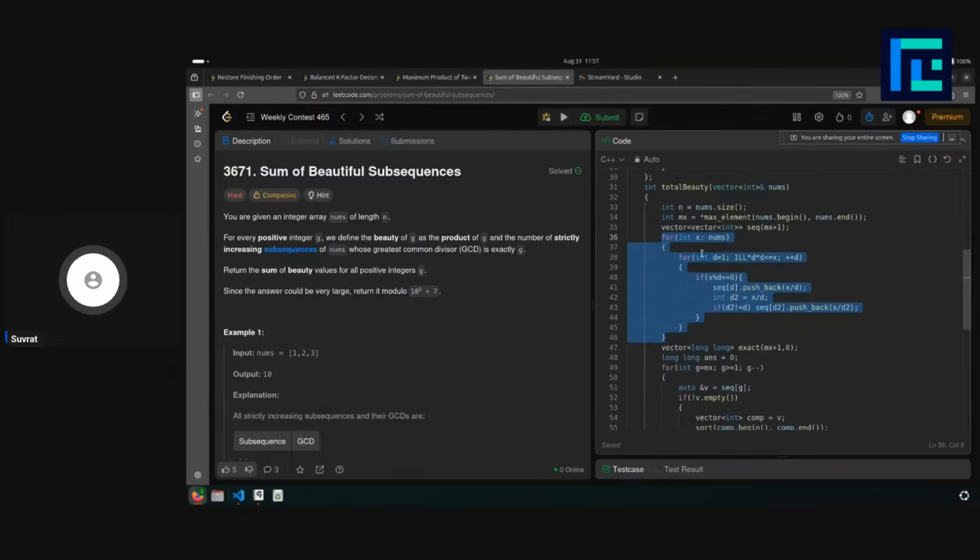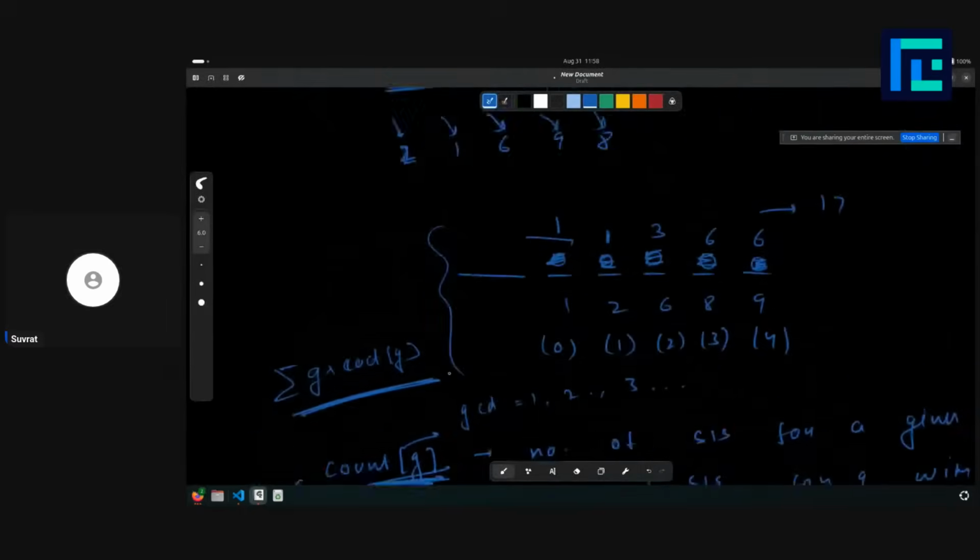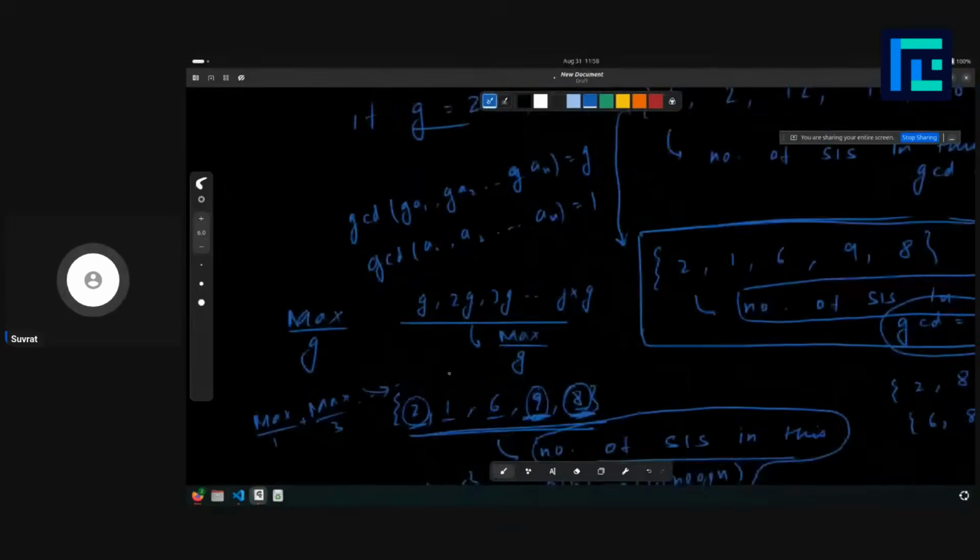So basically what I'm doing is I'm iterating over x in nums, and for all the divisors of x I'm using that square root n loop to iterate over all the divisors of x, and for all the divisors of x I am pushing back x, basically x is a multiple of all the divisors of x, right? x is a multiple for all the divisors of x, and what we are doing is we have